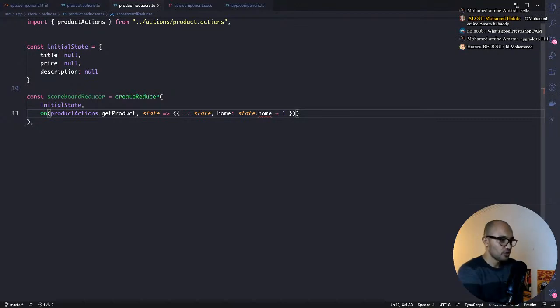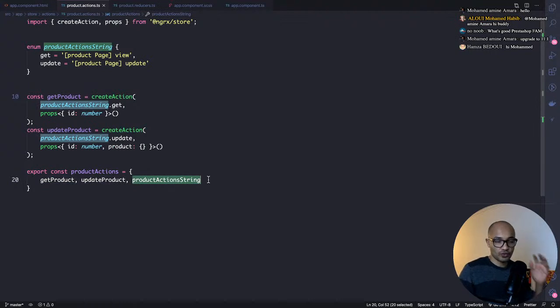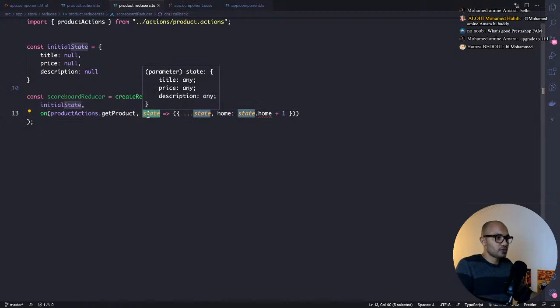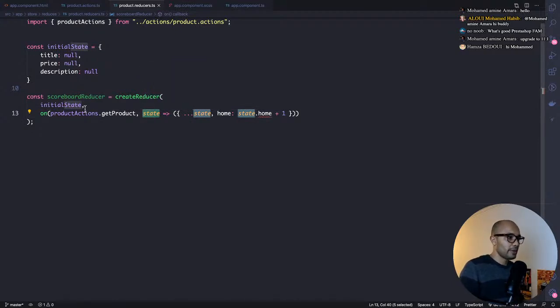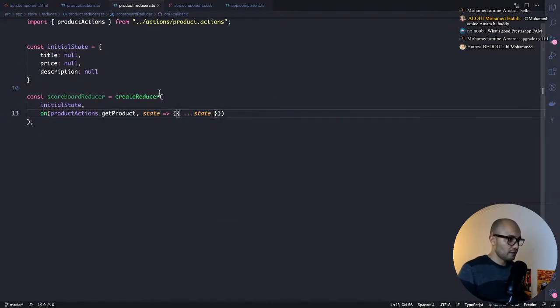By the way, if you noticed, I did a bad practice, I can say, because I exported actions together with something that has no relation with actions, because I exported the enum too. But anyway, I would like to speed up things. So now we will say what kind of treatment you need to do when I pass you this kind of action, when I pass you get product. Basically we'll be spreading the object state into this state. We won't have anything other than this. So if, for example,